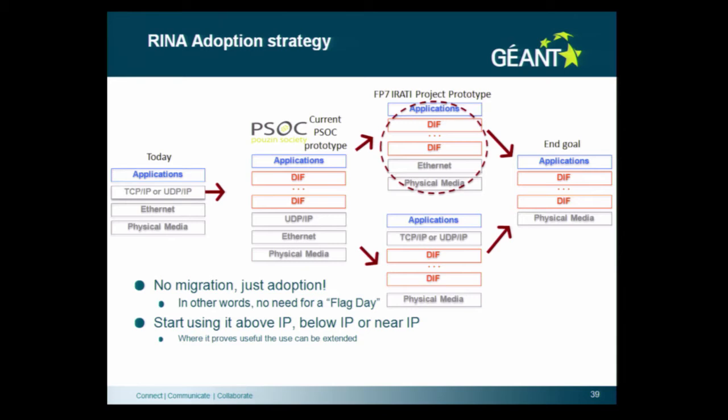So this is just showing we have FP7 Irati. There we don't have applications on top of TCP/IP and implement. So we implement one direction in Irati. So we are building the migration path from the bottom up. The top down you would need to give an interface between sockets and RINA from the top level towards the diff. So we aren't doing that now, but we should do it as well, because then you can really stack the layers into the current architecture, and in the end they should just magically disappear when people just get tired of TCP/IP.